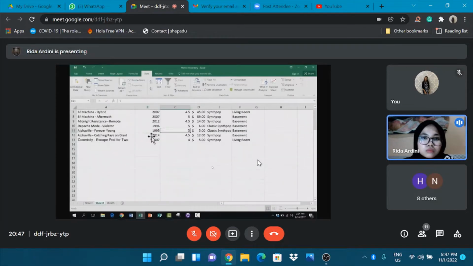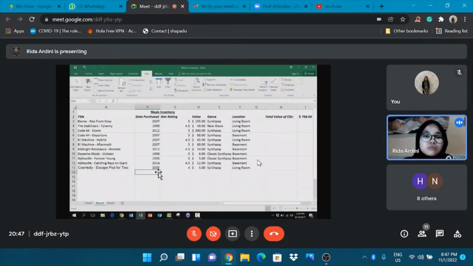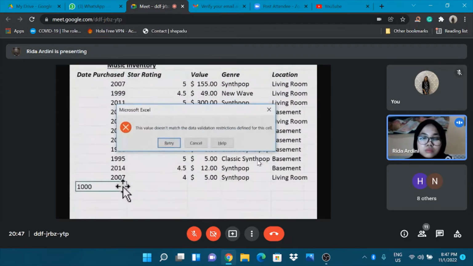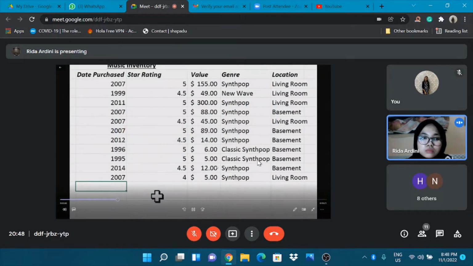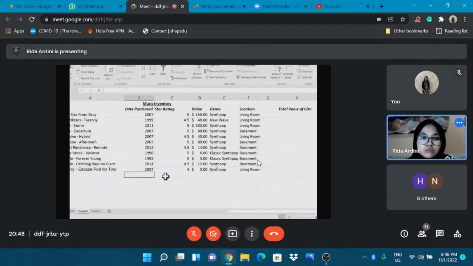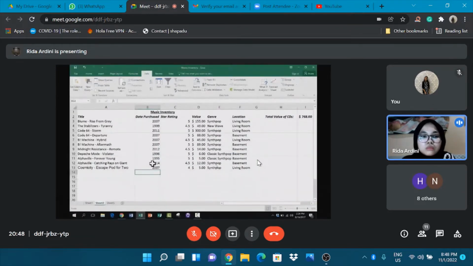And now watch. If I type something into this box that doesn't fit those parameters, hit enter, it warns me this value does not match the data validation restrictions defined for this cell. And I can either cancel, which gets rid of the text that I put in there, or I can retry. And so with data validation, this will prevent people from entering data that just makes no sense,